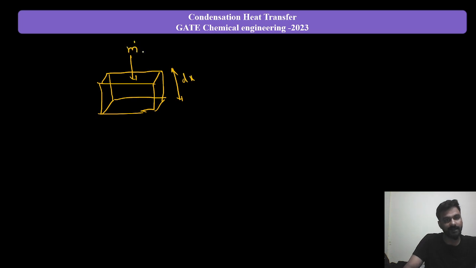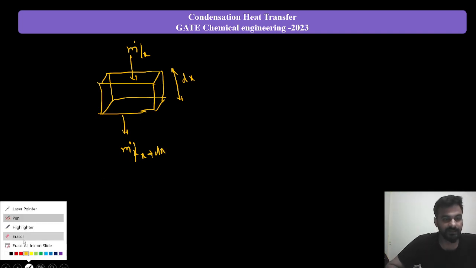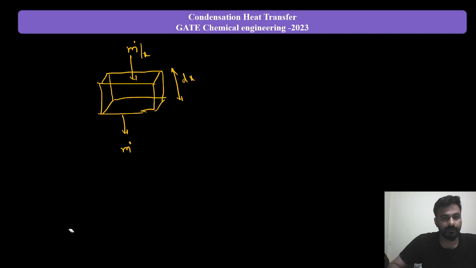So mass flow rate at this particular location is m at x, and mass flow rate at this particular location is m at x plus dx. So we can do the Taylor series expansion here. So m dot at x plus dx. So we can write m dot at x minus m dot at x plus dx